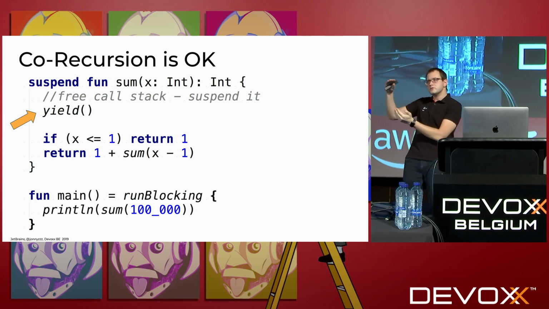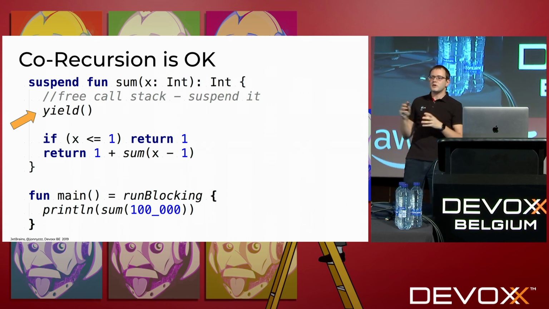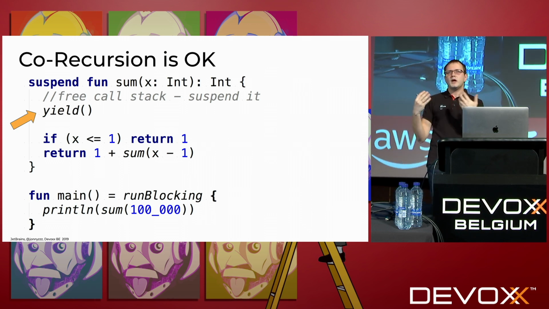Then we queue this object to be resumed in just an ordinary queue. So essentially, behind the scenes, we have the same queue as you may have created for your stack overflow workaround, right? But it is done by the compiler for us, so we don't need to waste our time writing this. And to call the suspend function, I use runBlocking here because you cannot call the suspend function from an ordinary function. And that is it.